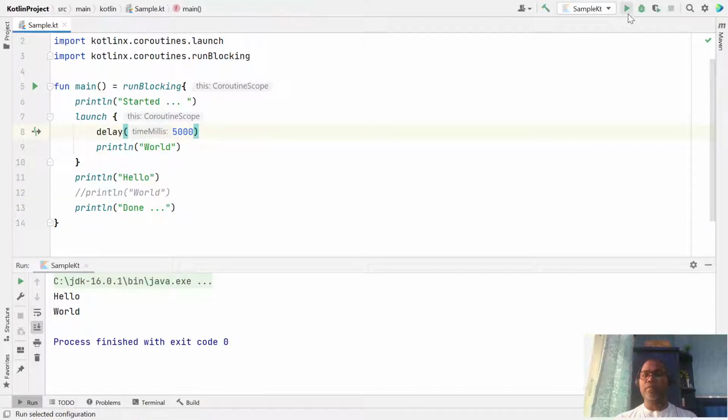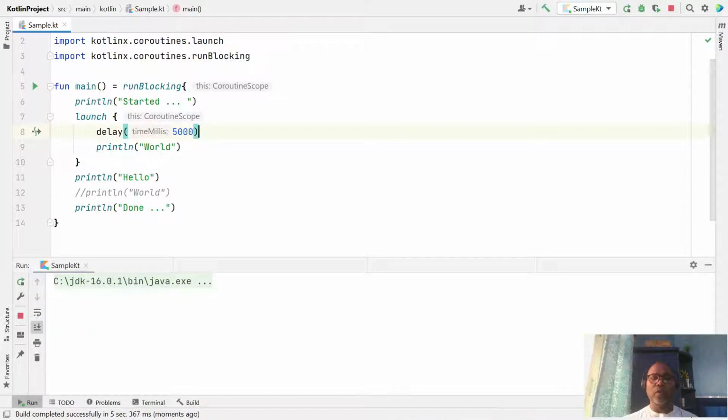And let's run it. So if you notice, the output looks the same.